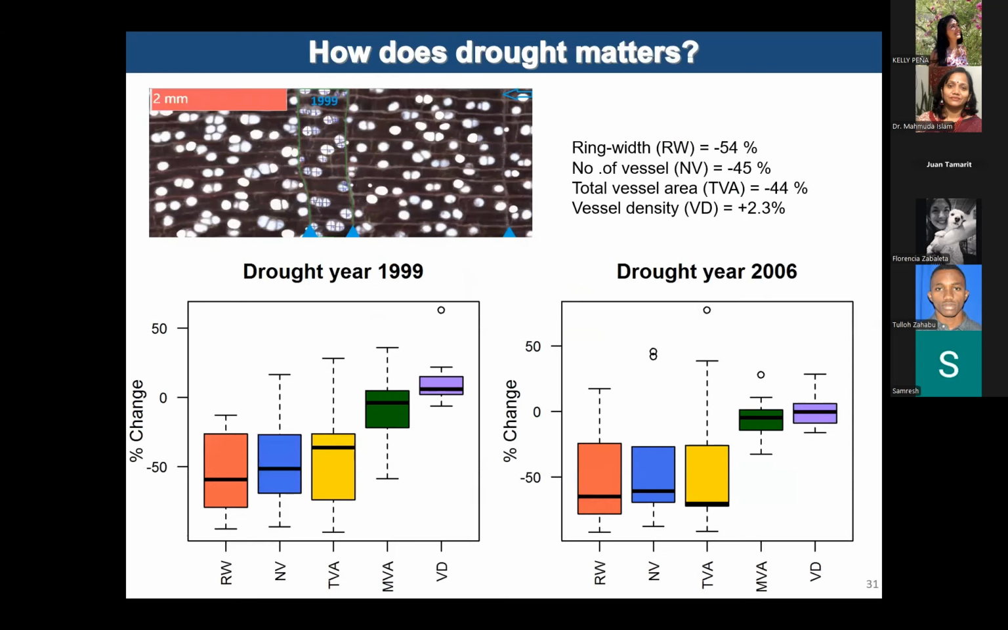How do these drought years reflect in the tree rings, especially in cellular dendrochronology? In 1999, the vessel size is small, that means the diameter is small, and